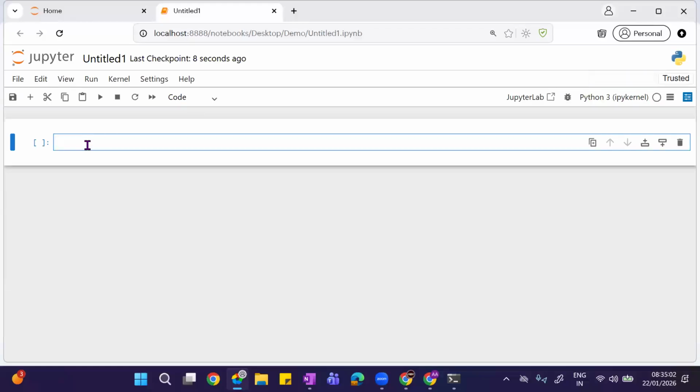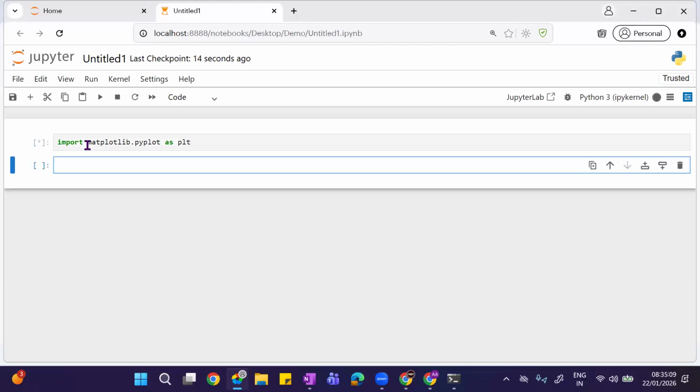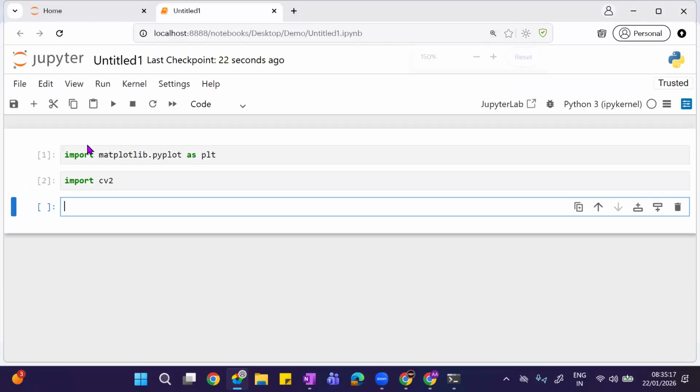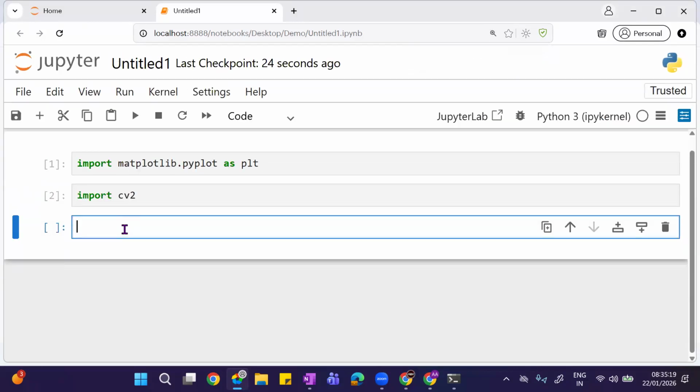I'm importing matplotlib.pyplot as PLT and importing cv2. Now I'm doing cv2 or plt.imread, and I'm giving the data location over here, and here I'm giving r.